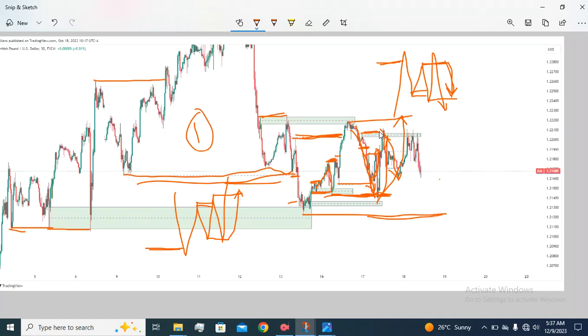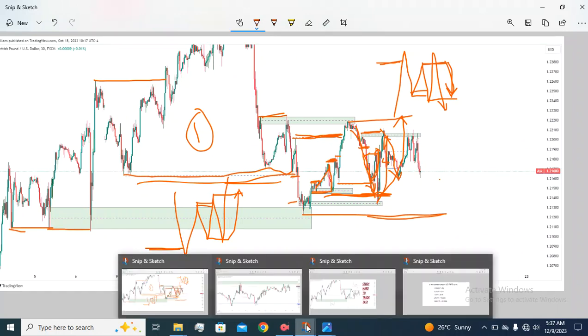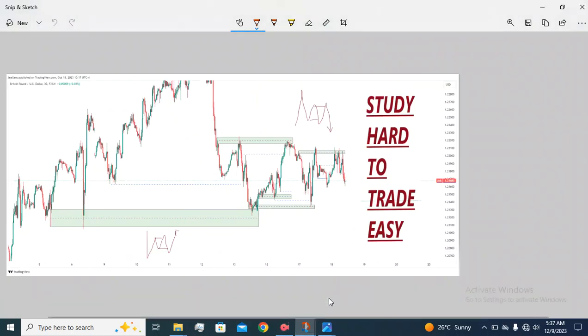This one also was a sweep of liquidity. First break of structure was somewhere. My chart is busy. Let me open on this like this. Let's finish it up with this chart,